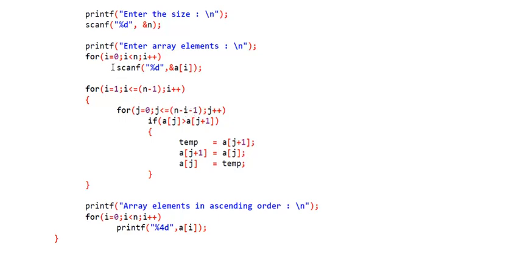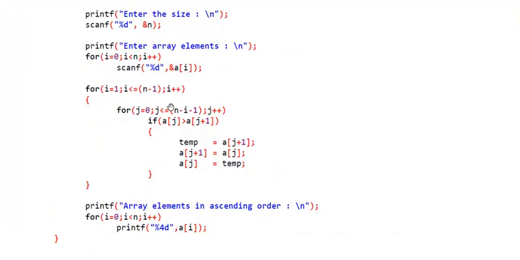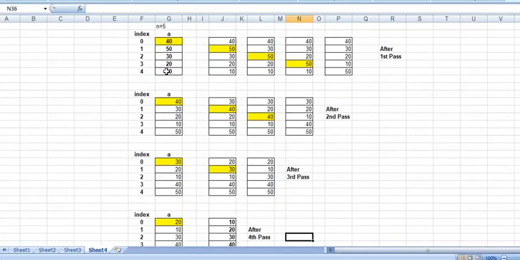For example, I will consider initially I is equal to 1. So we are in the first pass, I is equal to 1 and j will start from here, j is equal to 0. And j, how long should it go? From our logic it should go up to only j is equal to 3.